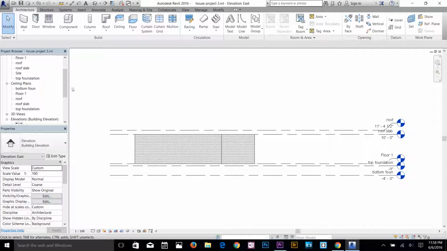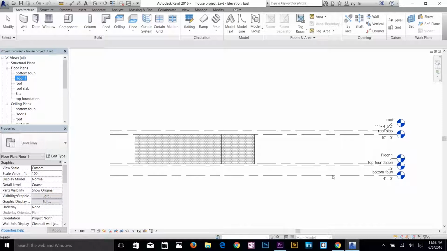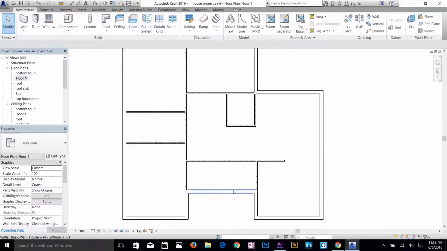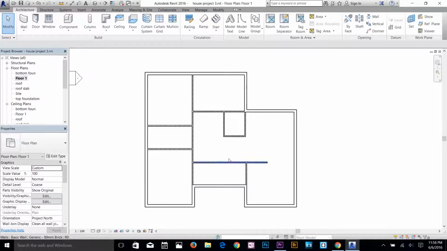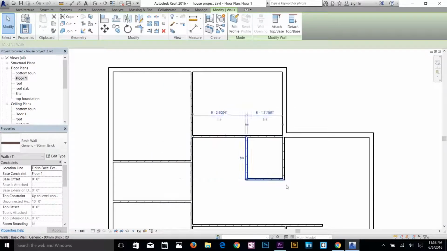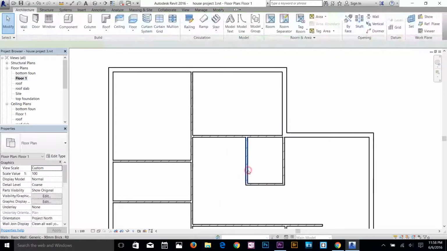Okay, so let's go to our level 1 now. Floor 1 now, because we changed the names. Okay, this is our floor 1 now. So let's add some doors and windows now. I'm going to make some changes here. Let's find out the dimension for these things. I'm going to select this line and give this value about 8 feet, and this line is going to be